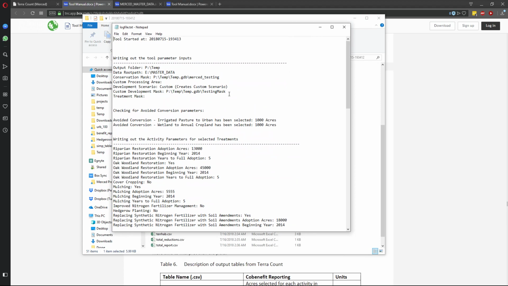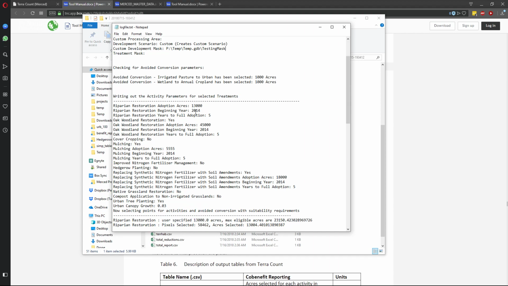we see that it has a lot of the information that we saw when we started running the tool. It tells what the inputs were, what the feature classes or shapefiles were that you used for some of the parameters, and it goes ahead and says what all of your parameters were in the tool. So we chose a certain amount of riparian restoration, a certain amount of oak woodland restoration. We didn't do any cover cropping,